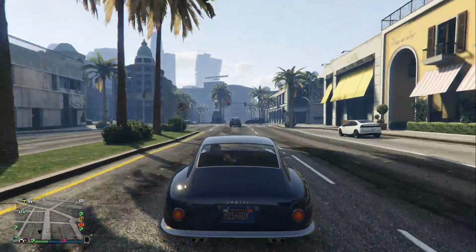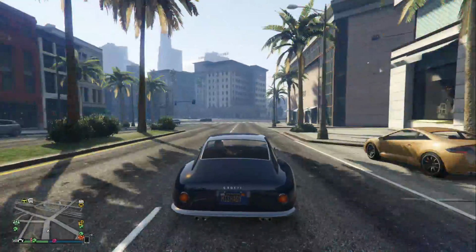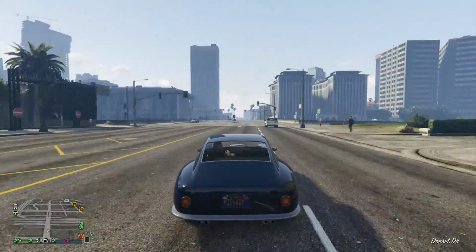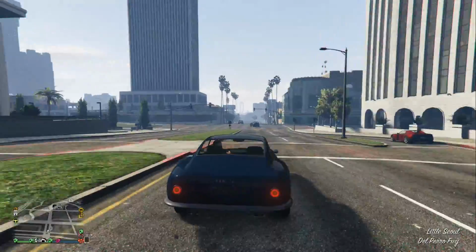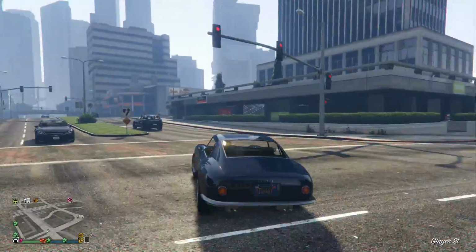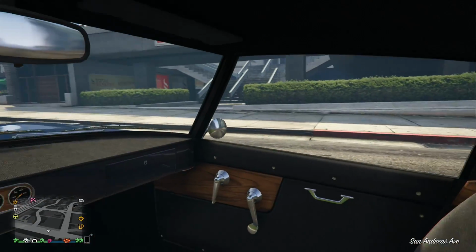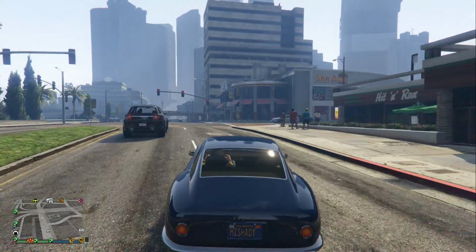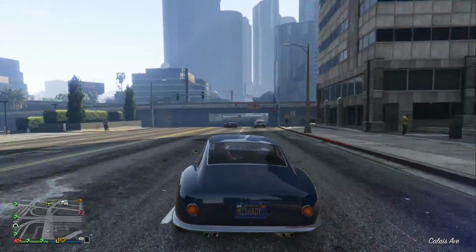I haven't looked under the hood of this yet, I don't think. Actually, I might have, because, yeah, I did. I think it has a V8 in it, which I thought was weird, considering it's an Italian car. I don't care for the painted dash, that look of straight up paint on the metal. I know they do that in some multi-cars. The only ones I've really seen like that are